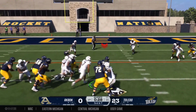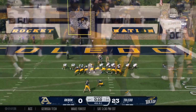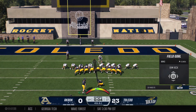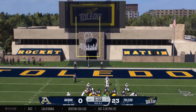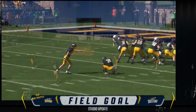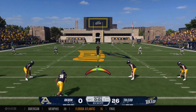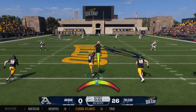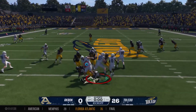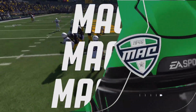Leaves it with the back. Powers through the defender. Doesn't make it to the first down mark. He's a yard short. On the field goal. So many more times we're going to say go for it, be aggressive. Nice to have a guy you can depend on when you know you're putting 3 on the board. Nice kick, nice job. They get him